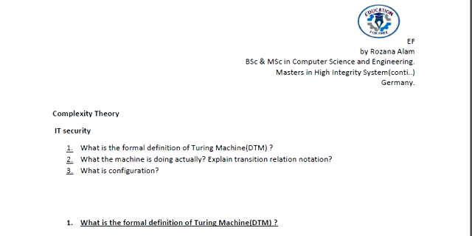Viewers, welcome to EF. Today I would like to discuss the formal definition of a deterministic Turing machine, and what the machine is actually doing with the transition relation notation, and what the input configuration or arbitrary configuration is. In my previous video I already explained the informal definition of a Turing machine